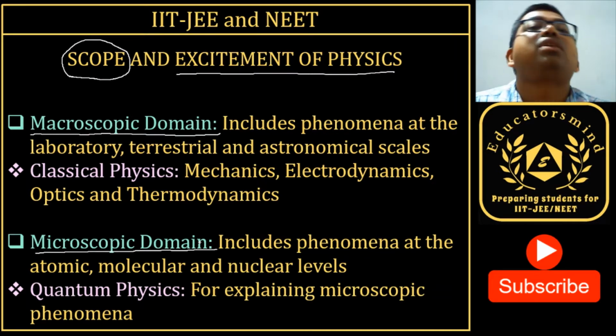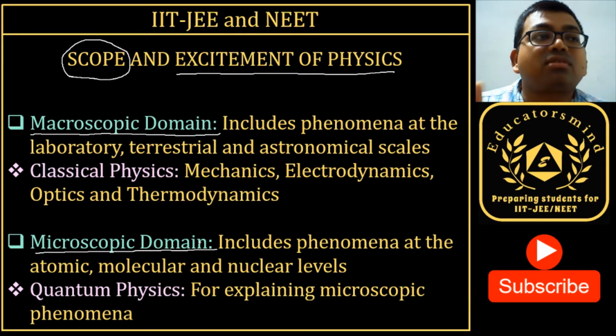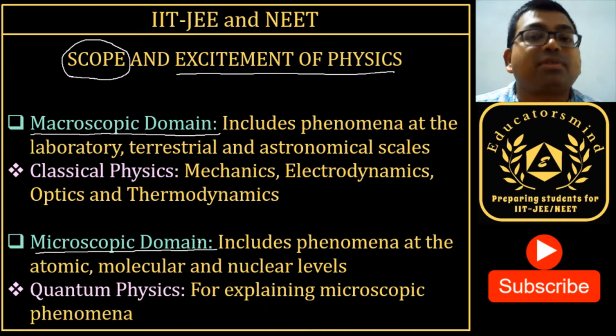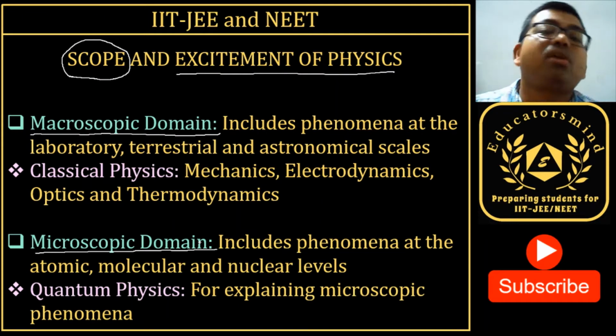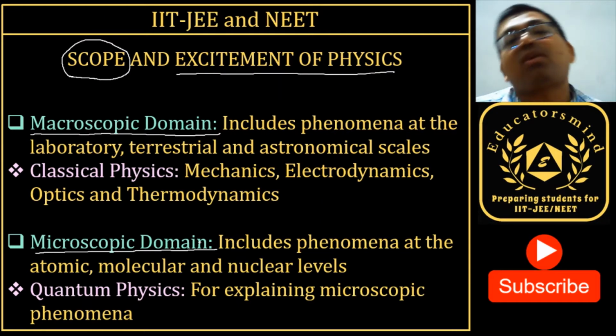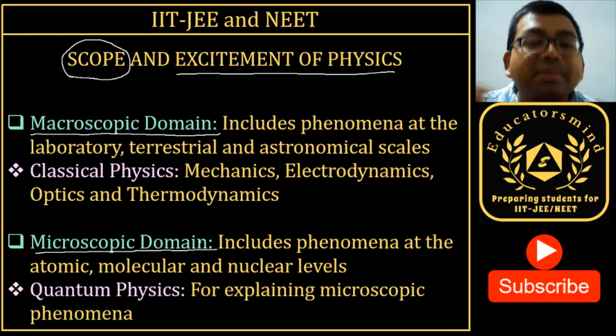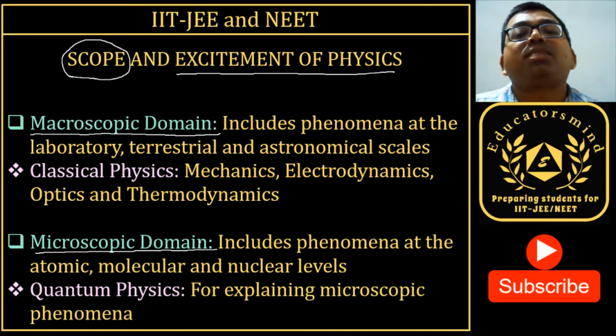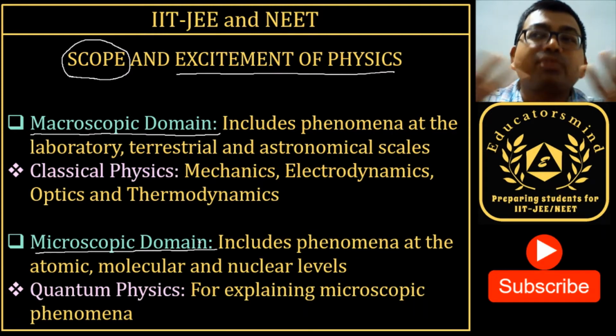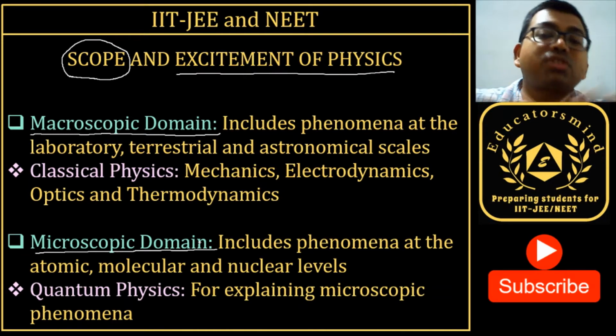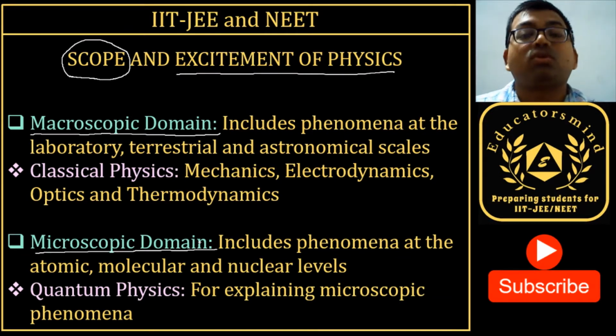These are governed by a particular set of laws, like gravitational laws and Kepler's laws, that we will also study in the next chapters. Laws of gravitation like the planetary laws, Kepler's first law, second law, third law: how the planets are moving around the sun in an elliptical path, what is the relationship between the time period and the axis length, and all these things. So when we talk about a bigger picture, physics can be applied to that level also.